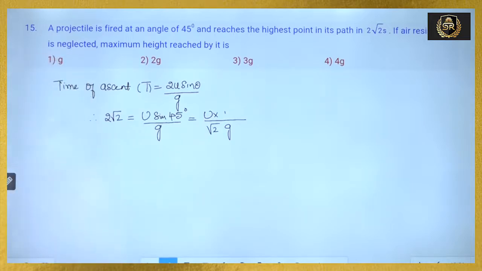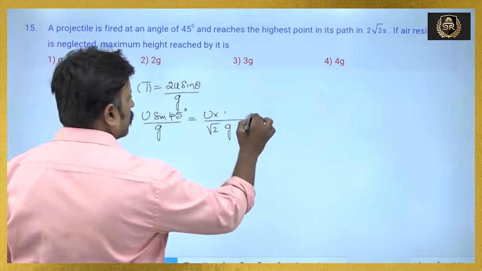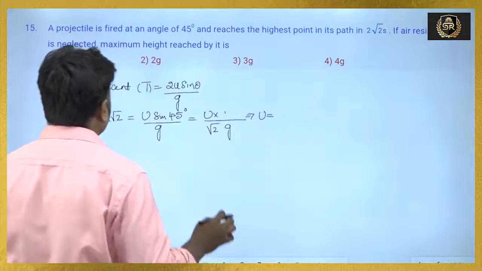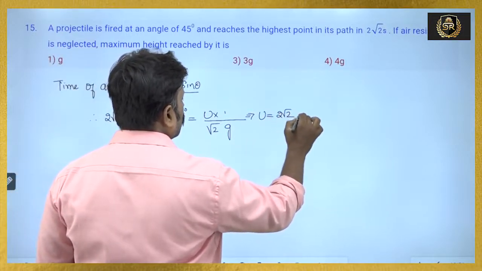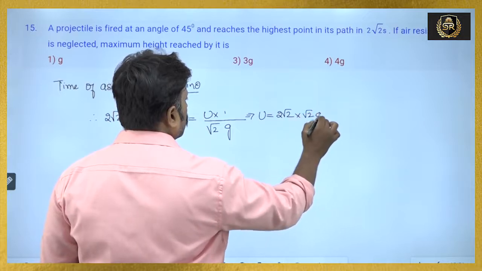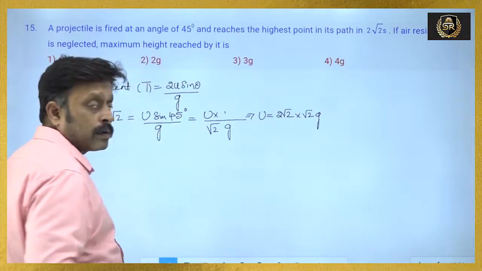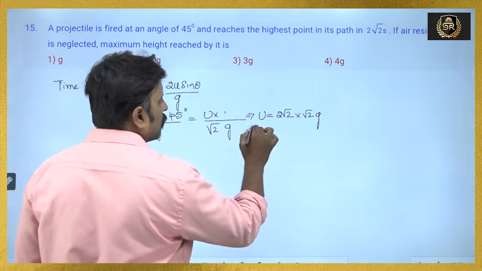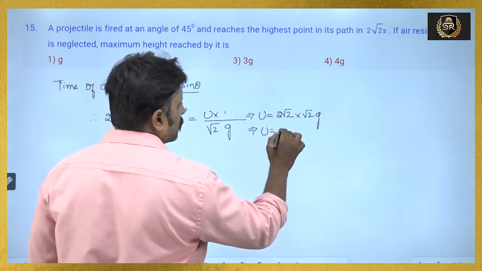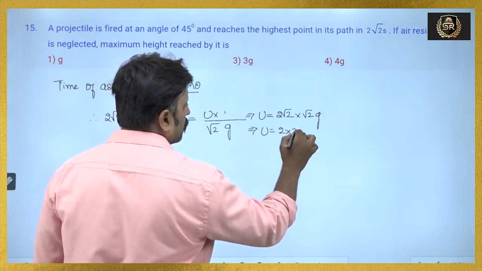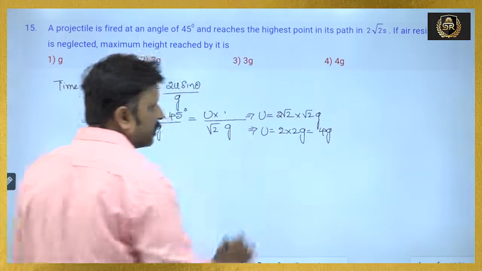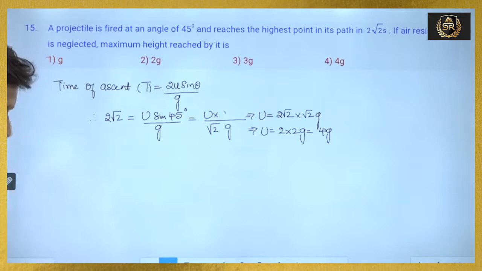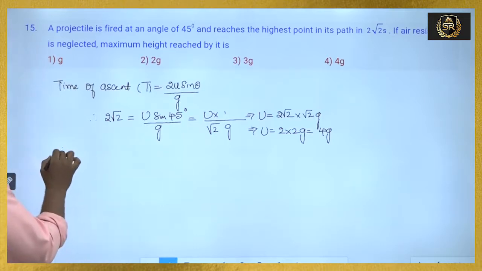So, if you cross multiply, u is equal to 2 root 2 into root 2g. Root 2 into root 2 is 2. So, velocity of the shell is 2 into 2g. So, velocity of projection is 4g. Therefore,